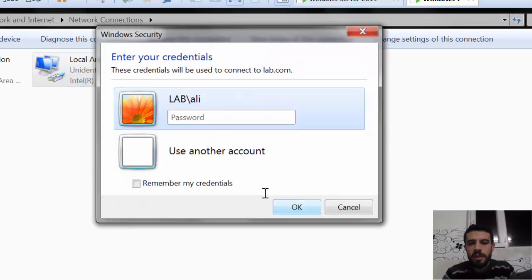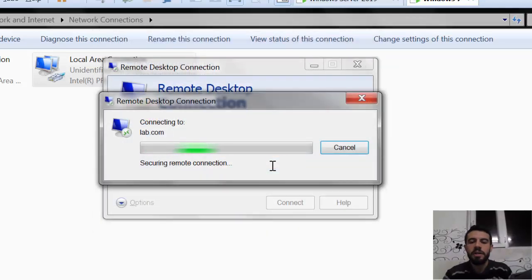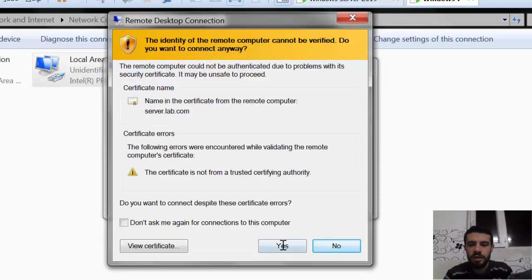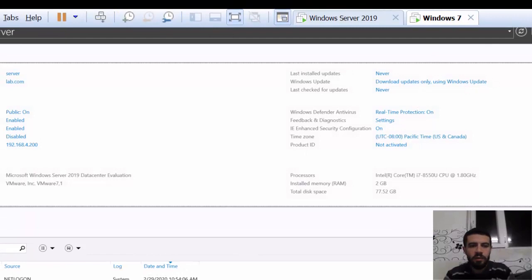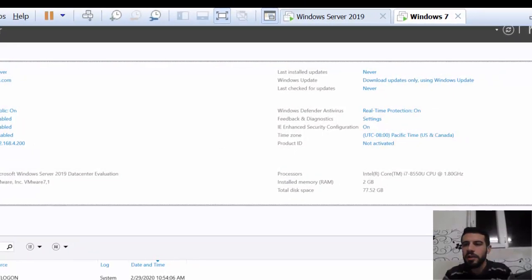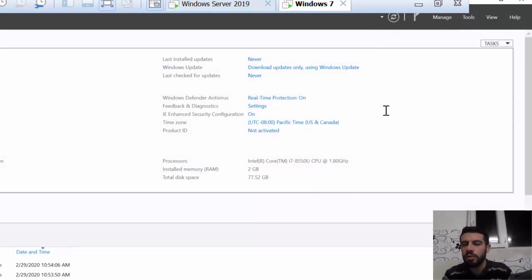Now connect. Now I should access the server with the username and password for the administrator, not for Ali, because Ali does not have permission to access the server. Not anyone can access the server, just the administrator. So just from here, and the password, and OK. Now just click yes. Now you can see I am in the Windows 7 now. I can see the server right here. Also I can do anything I want from tools. I can access Active Directory Users and Computers. I can add group policy or anything